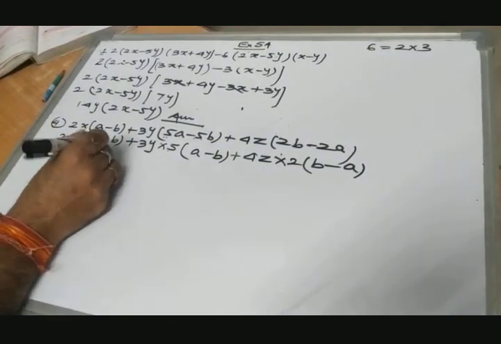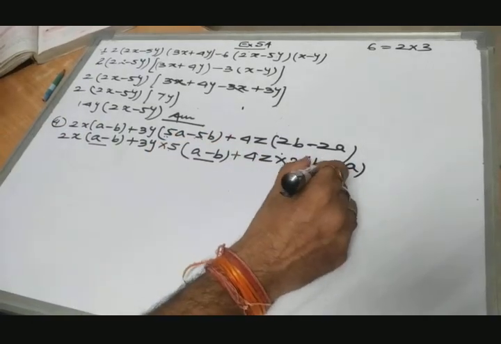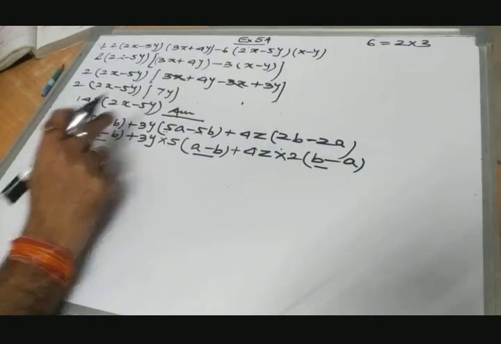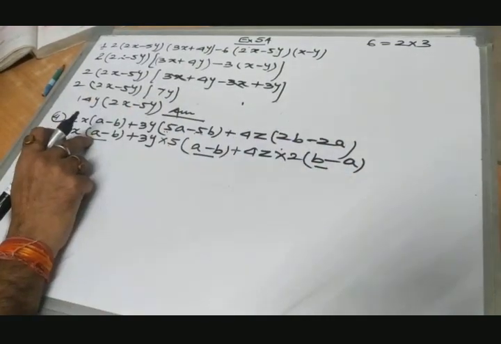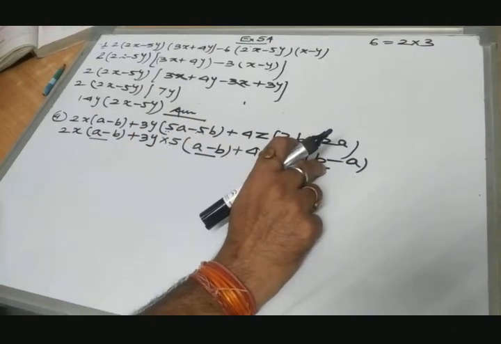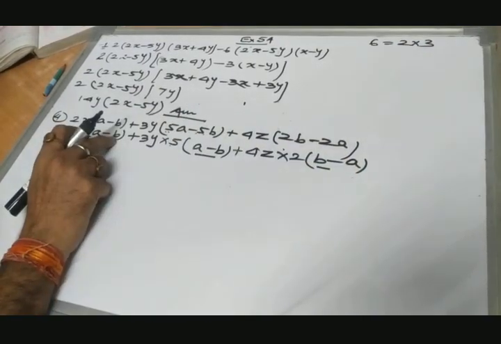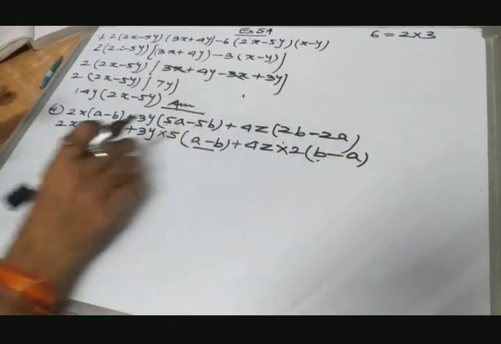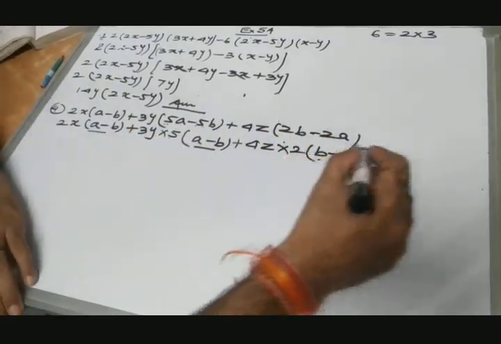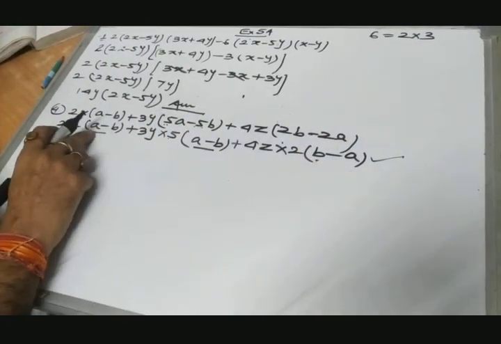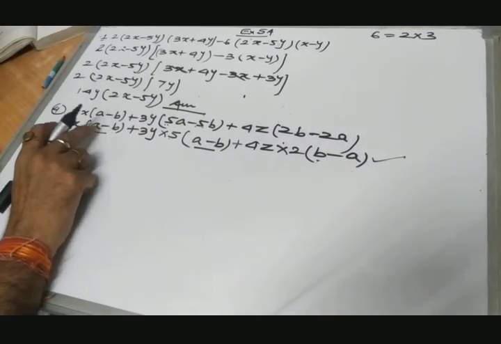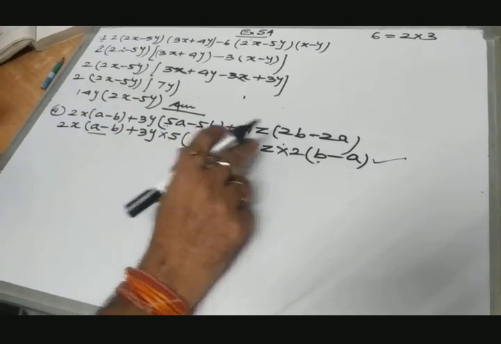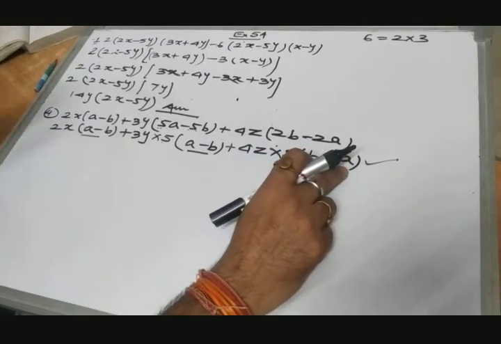Now it contains a minus b, it contains a minus b, but it contains b minus a. It has the positive a, it has the negative a. Here is negative b, here is negative b, here is negative a. Each term will be the same, but this term contains the opposite sign, as a minus b has a positive, b negative. The second also has a minus b, a positive, b negative, but here b is positive, a is negative.